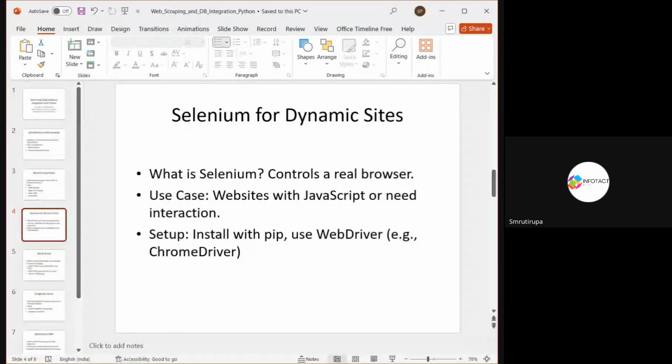So next is Selenium for dynamic sites. Does anyone know what Selenium is? How does that work? It's for testing purposes. Yeah, basically it's for testing purposes, but we can say that